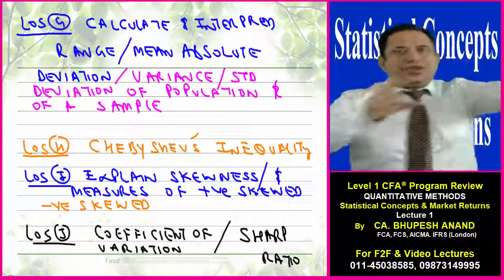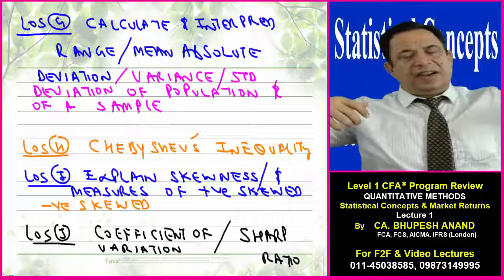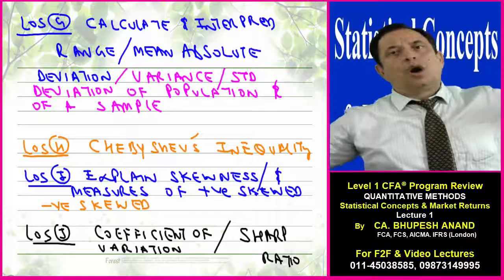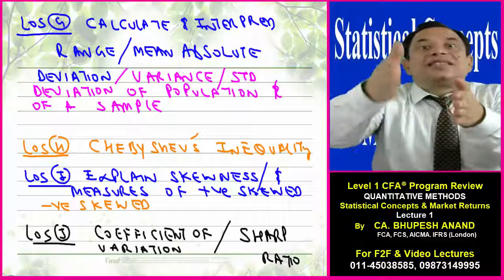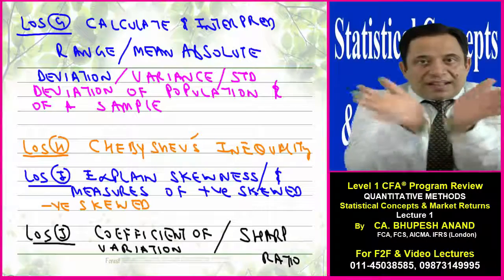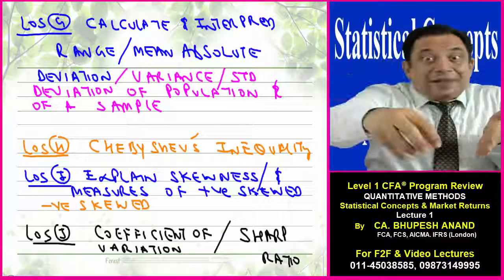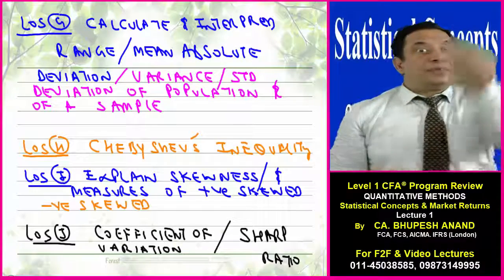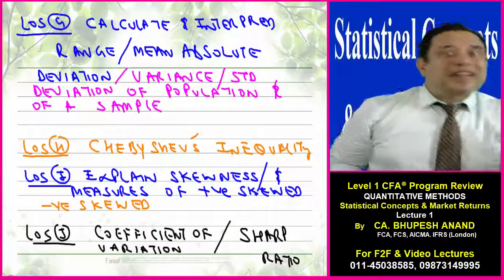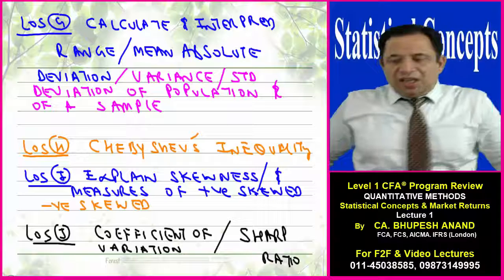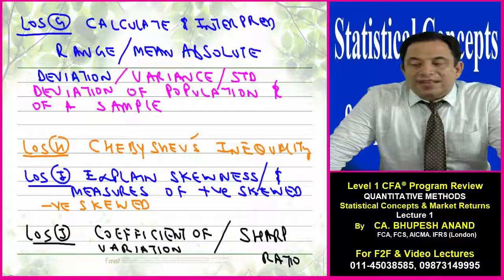G, what is the range? If I say I got 70 marks, that is not less than 70, not more than 72 or 71. So there is a range between that. For example, a patient checks their blood pressure or sugar level. So there is a range, your sugar level should be in between this and this, or this is the average. Now your sugar level should not deviate more from this. That is standard deviation, range, mean deviation. So learning outcome number G, variance, standard deviation of a population and a sample, and quasi inequality.